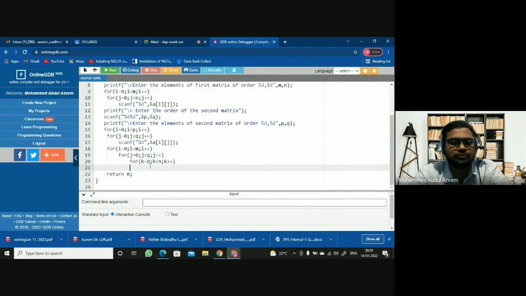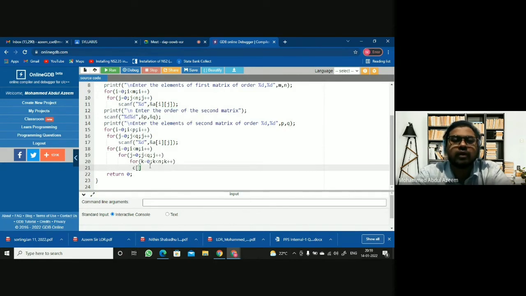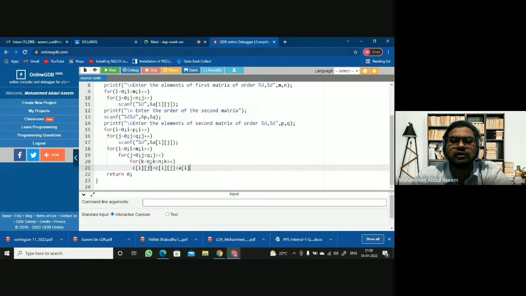And now I'm here saying Cij equal to Cij plus Aik into Bkj, right? This is the formula which I am using here.